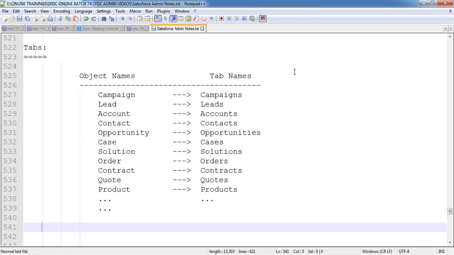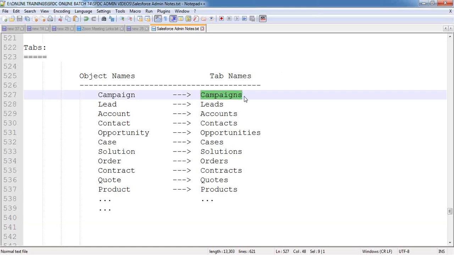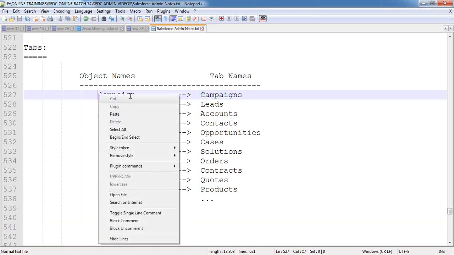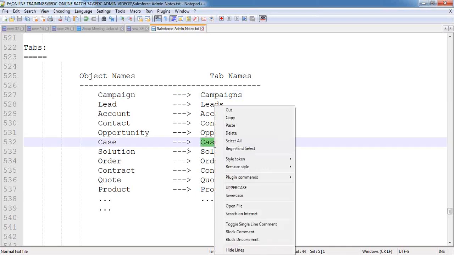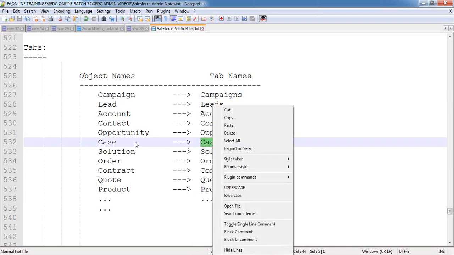By using this campaigns tab, we can manage the records inside our campaign object. That means we can create new campaign records, modify campaign records, delete campaign records, view the campaign records, and restore the deleted campaign records. Everything we can perform. In a similar way, by using the cases tab, we can create a new